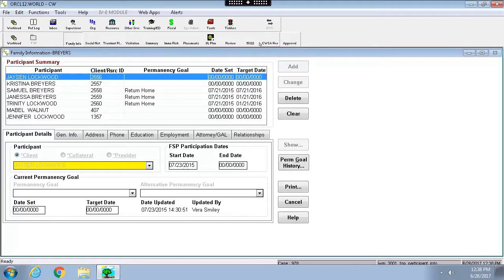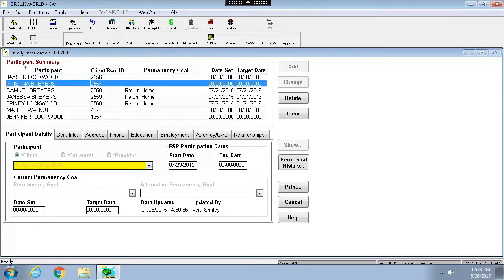to circumstance or occasion. So the Family Info tab actually does have to be completed first because you have to capture who all the players are in this particular Family Services Plan, because you will need to have them identified in Part 1, Family Information, in order to fill out different tabs that come up later related to circumstance. So for example, when you get ready to do the treatment plan, if you didn't, for example, have Jason Lockwood or Christina Breyers listed under your participant summary in the Part 1, they're not going to pop up as a potential player or a person that you can select in the drop-down client box later on as you're completing the